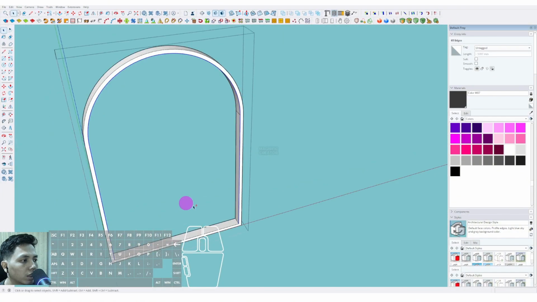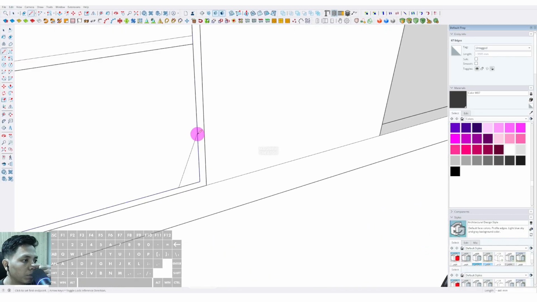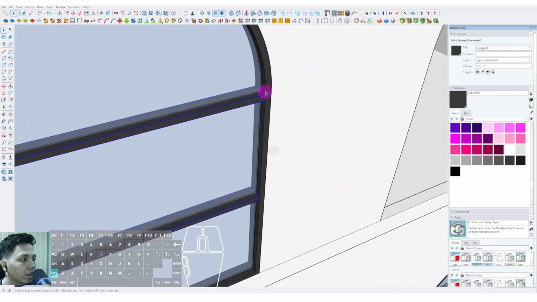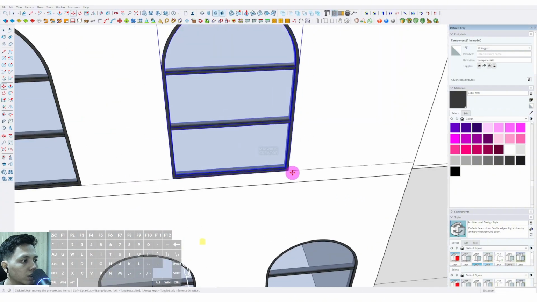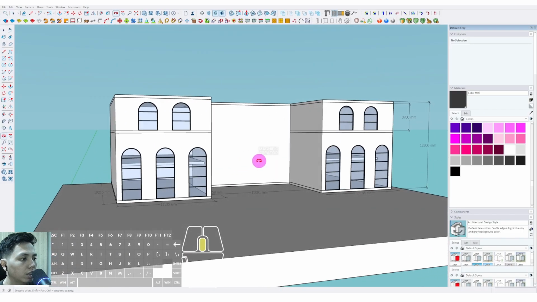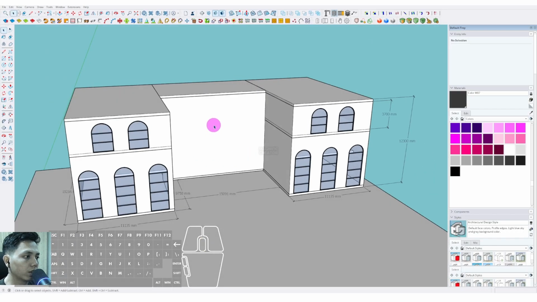Okay, and after that I select the perimeter of the line and paste in place to make it more representative of the thickness of the glass, and place it in position. Okay, just like this, and after that I make the